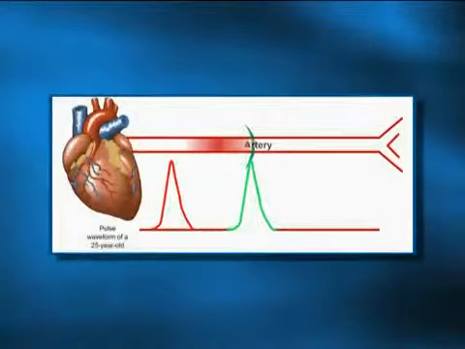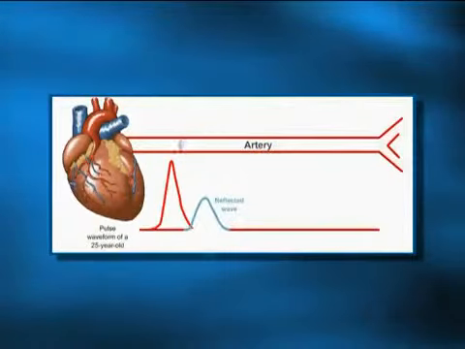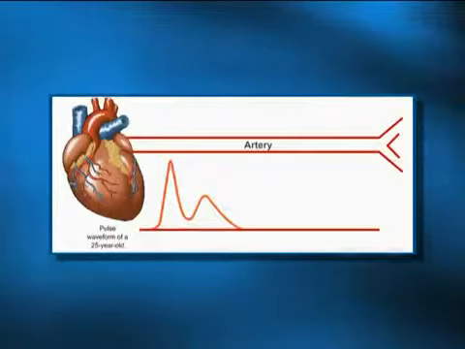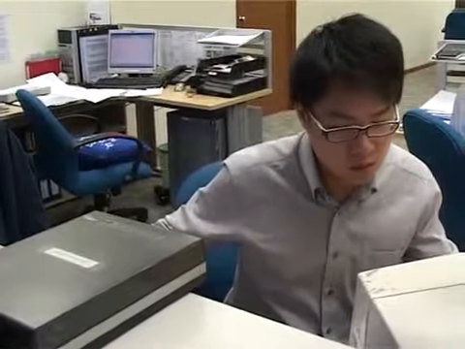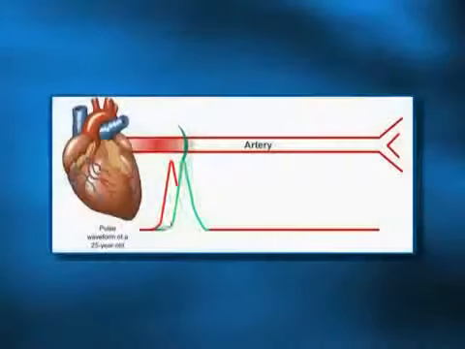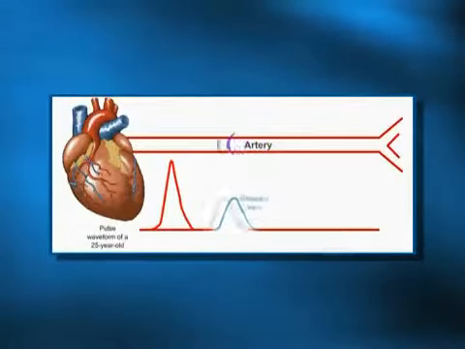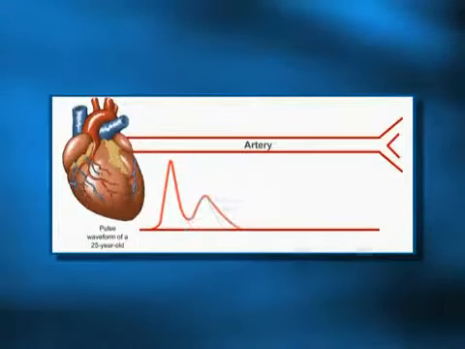The waveform is generated here and it goes right down to the big aorta, and it's reflected back when the big aorta bifurcates, or divides, into two arteries. So the speed at which the reflected wave comes back is in fact very important. If we look at a person who is about 25 years old, when he generates a pulse wave from the heart, the wave will travel down, hit the bifurcation and come back in the diastolic